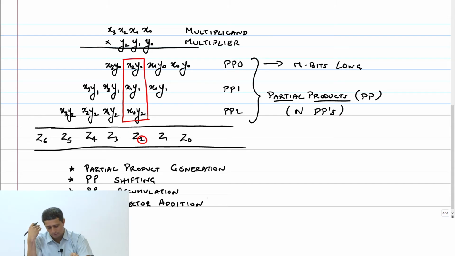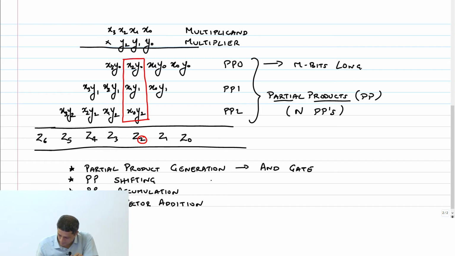Okay. So for partial product generation, what do you think is the logic operation that needs to be performed? AND, right? So this is nothing but an AND gate. What about partial product shifting? Yeah, this is a slightly tricky thing, and not tricky actually, it's very trivial once you implement it and see. As you say, if you want to do left shift, you have to move everything, but that can be simply achieved by wiring. Okay, so let's come to the next thing.